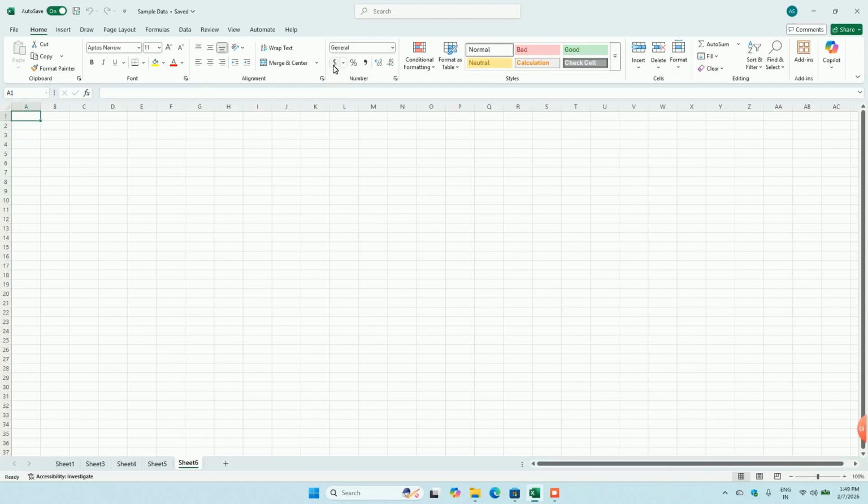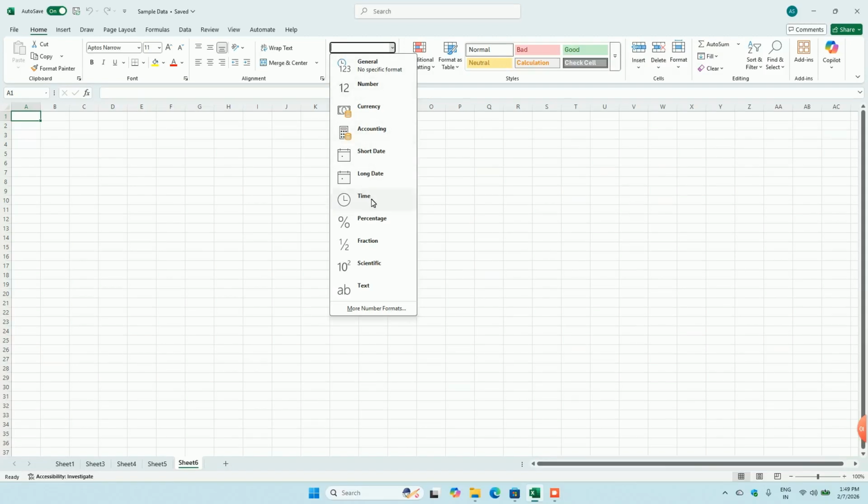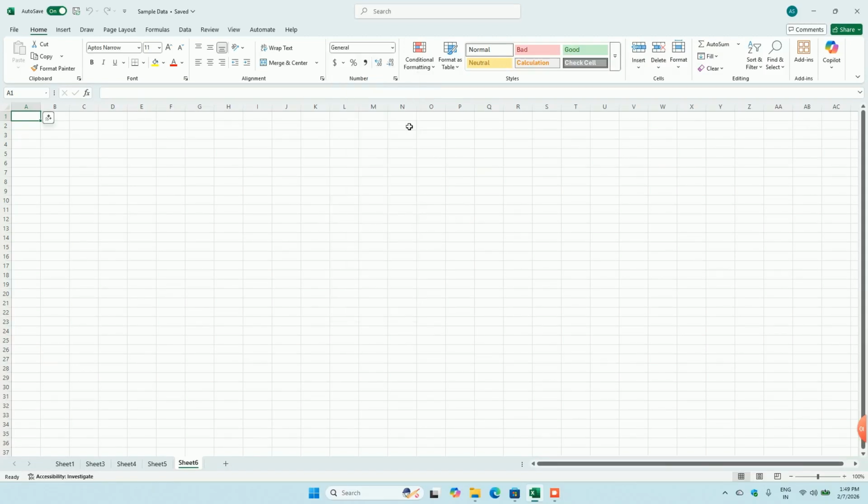This is the Number tab, where we will see a lot of functions. If you want to change it to the dollar sign, we can change it to currency. If we want to convert it to percentage, or we want comma separated, we can do it. Even a lot more functions are available inside it. We will discuss it in more detail in an upcoming video.